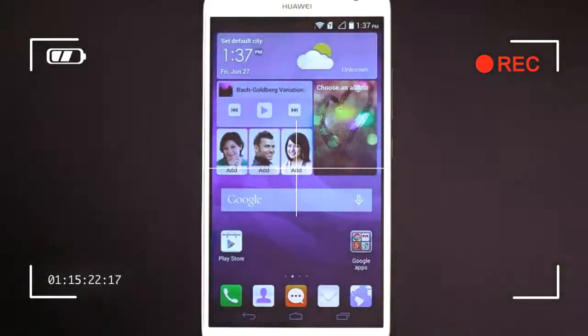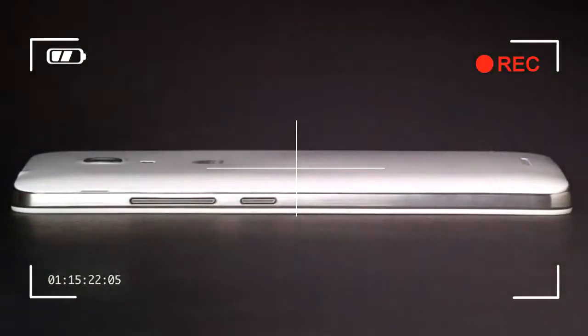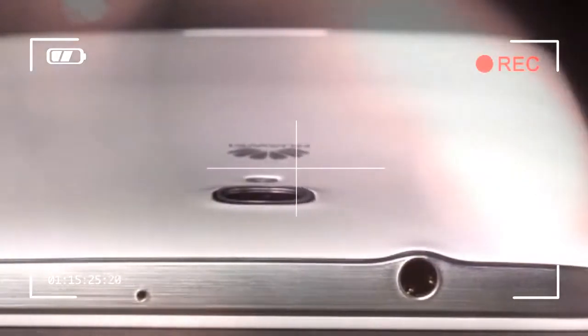The Mate 2 runs Android 4.3 with Huawei's Emotion UI 2.0, which effectively covers up Android and makes for